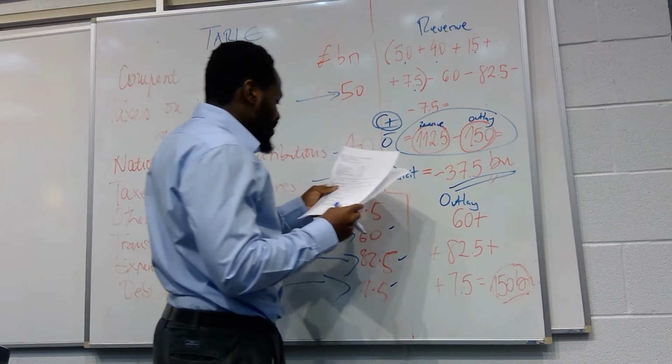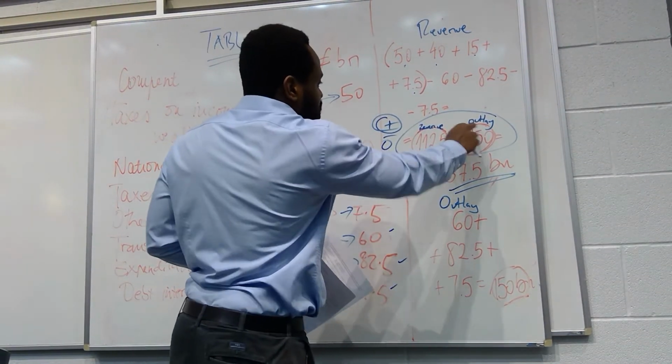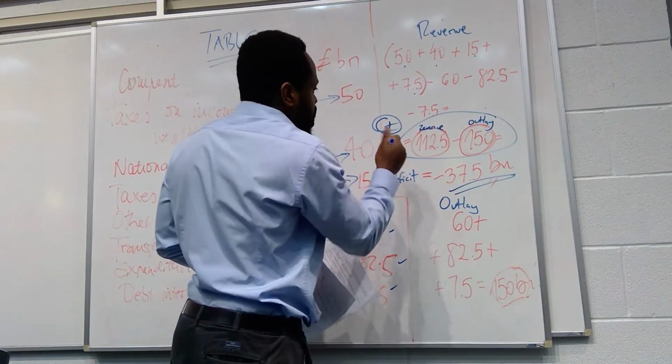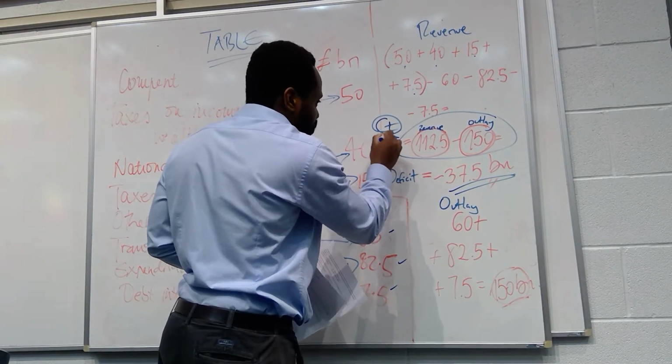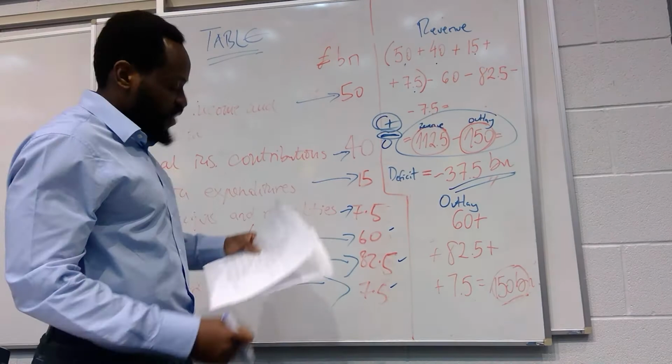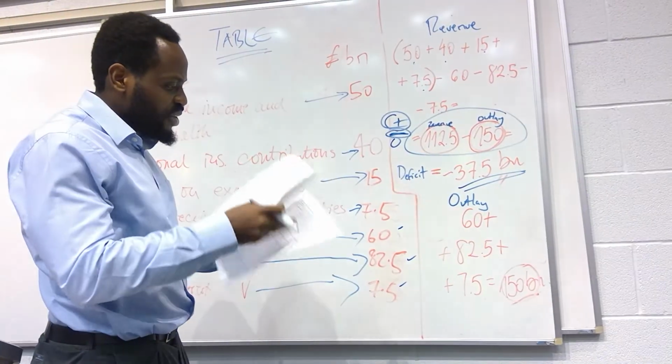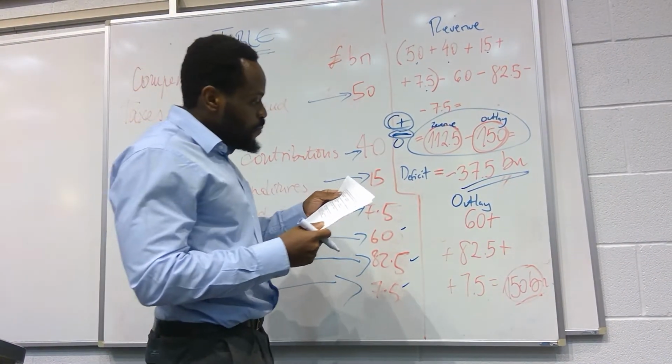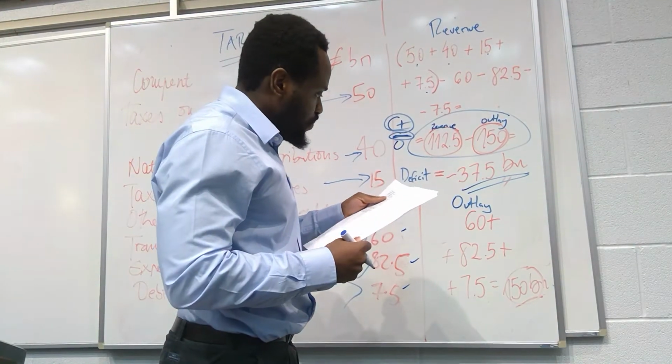So whenever we have outlays being greater than revenues like we have here, we're going to have a negative sign, and of course, we're going to have what we call a budget deficit, okay? Very, very easy, right? You could do this in your sleep. And then number 16